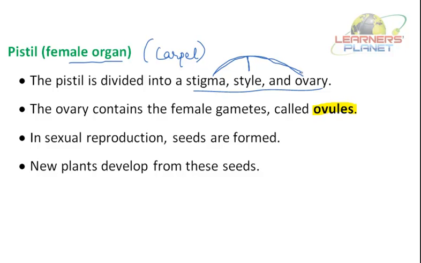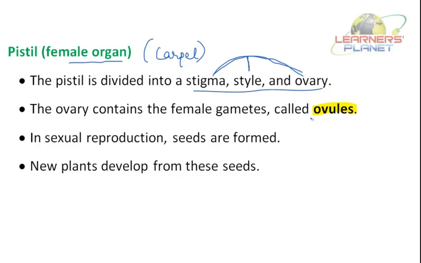So the swollen part at the bottom of the pistil is called the ovary, and the ovary makes ovules. As we discussed, the ovary contains the female gametes called ovules. So basically, the ovary makes ovules and stores them, and ovules contain the female gametes, or the female sex cells, of the plant. Students, there are usually many ovules in the ovary, but